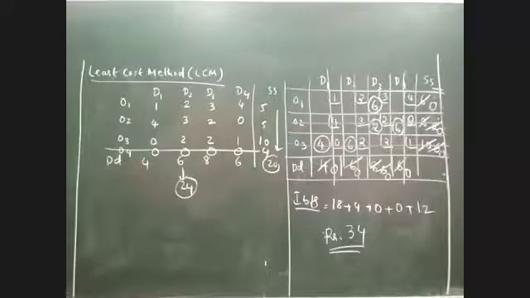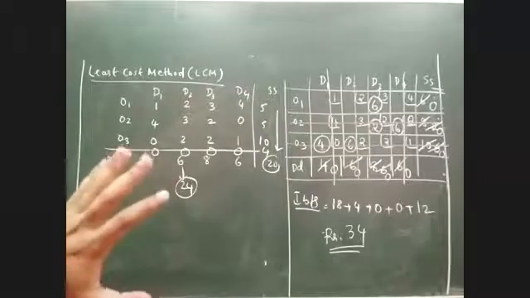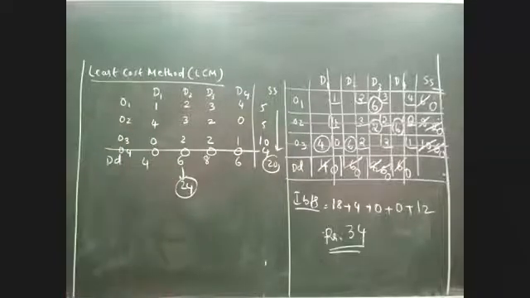Am I making it clear to you now? Just because we have included a dummy row or column, it does not mean that those values should be ignored or removed from allocation. No, it's not like that. They have to become a part of your question. Even that zero shall be considered when it comes to allocations. Is it clear to everyone now?